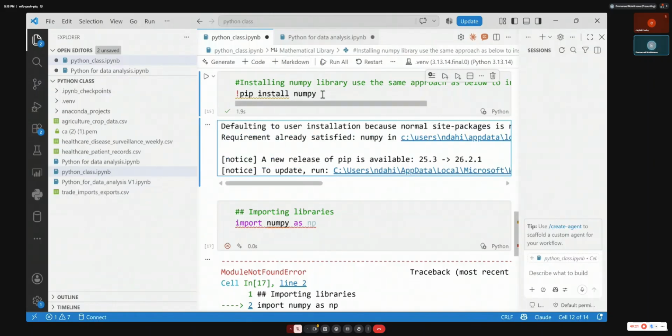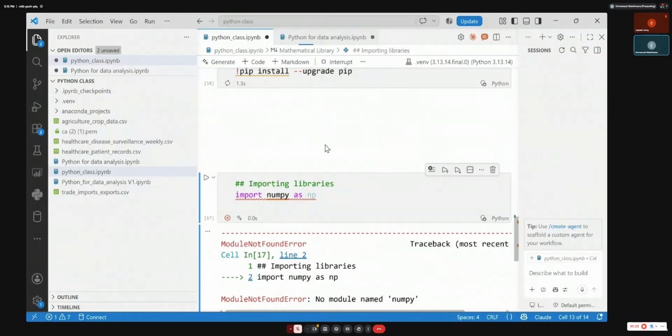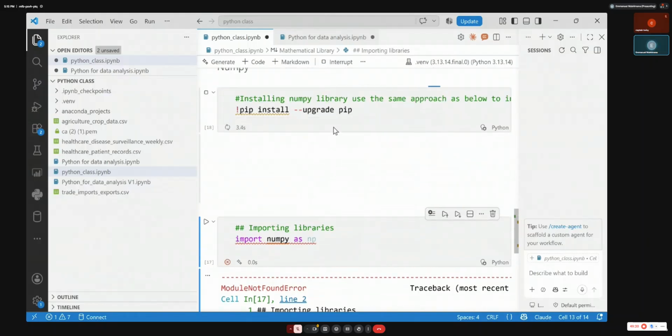Maybe I need to update my pip. Yeah, my pip has to be upgraded. Did it work for some? Okay, very good. So my pip was out of date. You need to update pip, which is the command that's used to install the libraries. That was the meaning of the error.